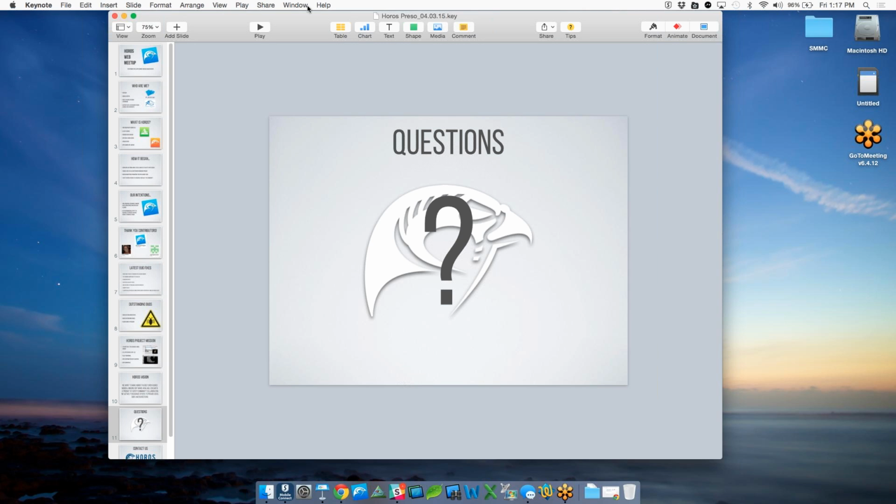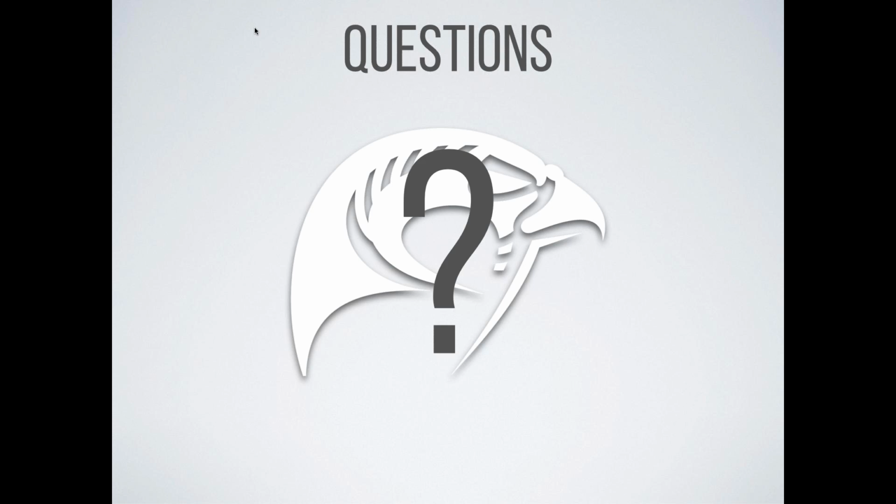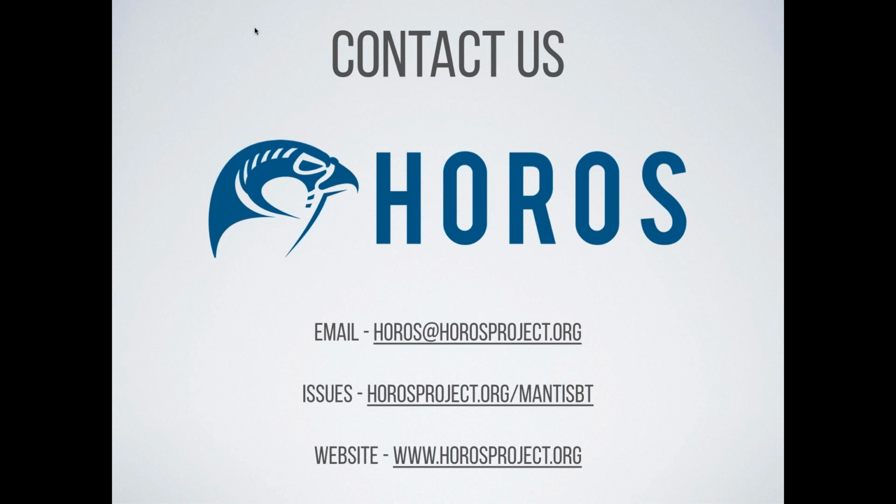Looks like that's it from the attendees. Again, appreciate you making the time. Howard, you can shoot an email to Horos at horosproject.org. Actually, George, you can send an email there with your requests for content. We'll make sure that we get that content built. Issues should go to horosproject.org/mantisbt. Mantis is a pretty cool open source project in its own right, and it's what we're using to manage issues here at the Horos Project. Our website, www.horosproject.org.